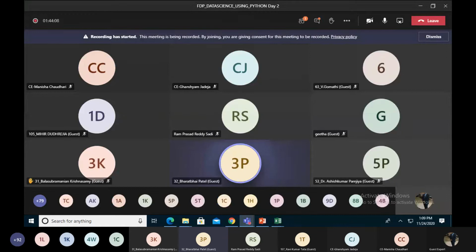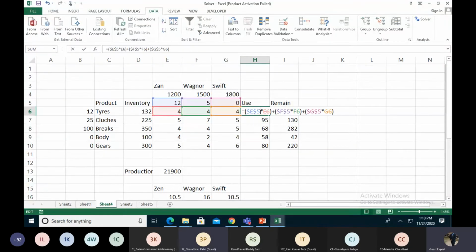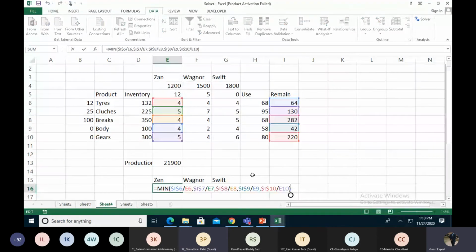I think there was a value of 30, the minimum figure, somewhere before the last topic. Are you using an array for the minimum function right now, sir? No, I have written only the first one, the absolute one, right? Remaining quantity, absolute value divided by the quantity you require, divided by 4. Let me go to the screen first. One minute, sir. There is one minimum 30 figure there.